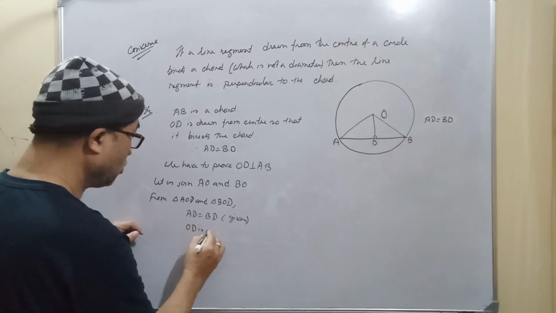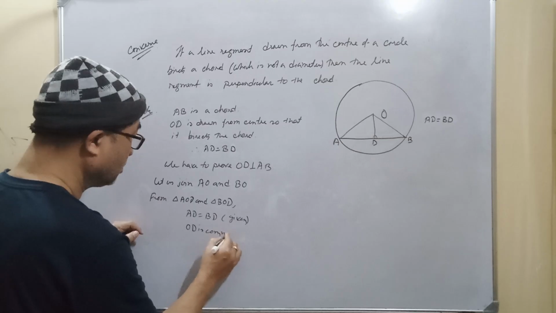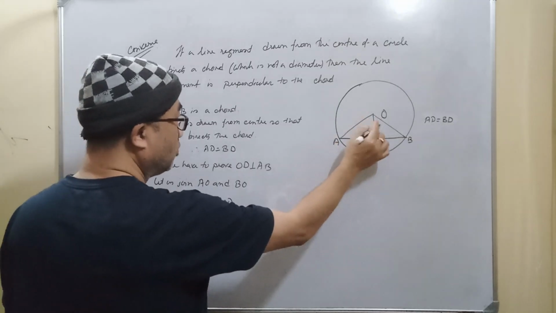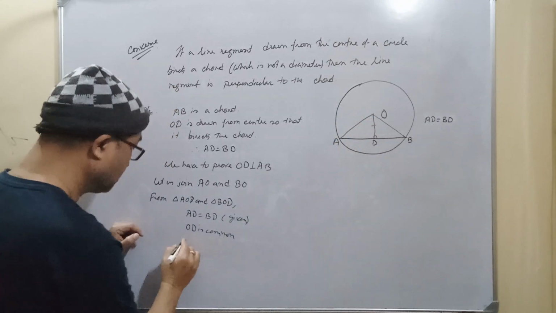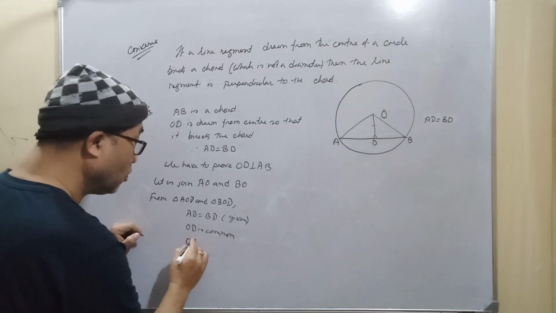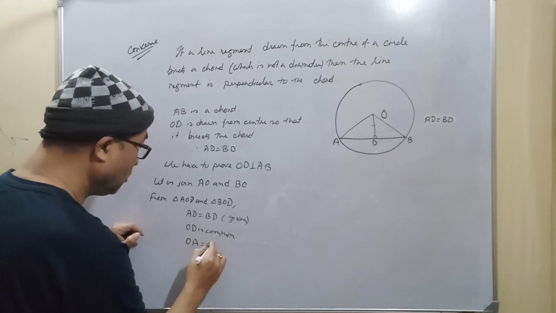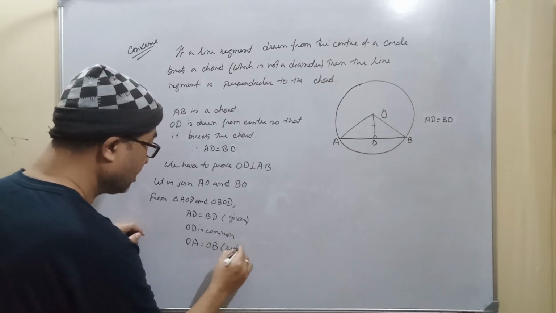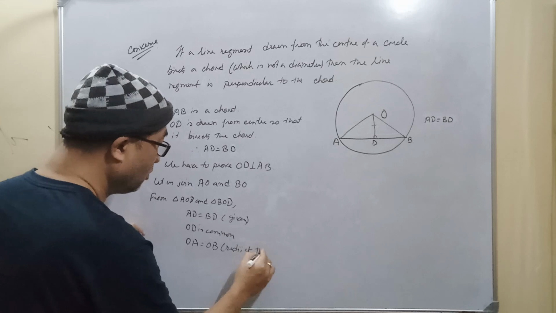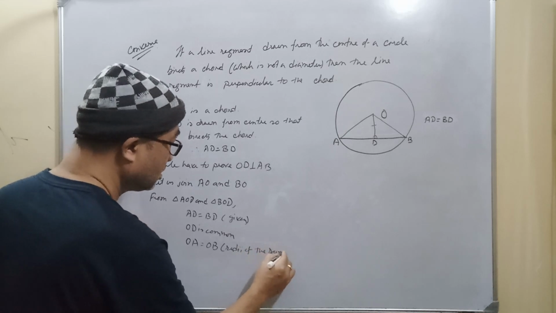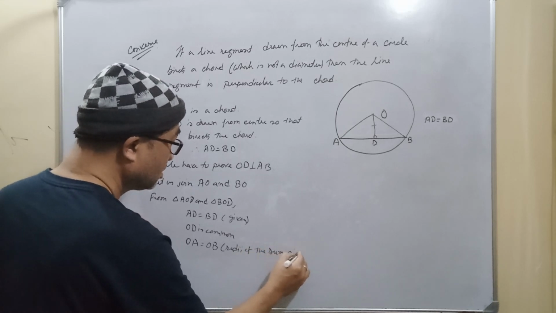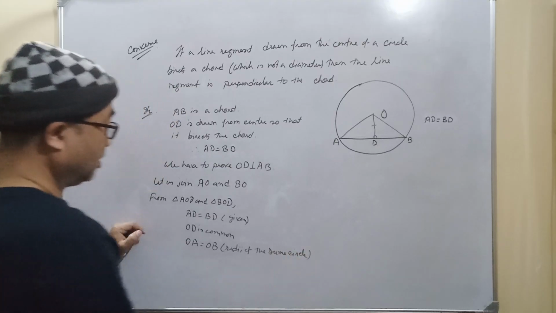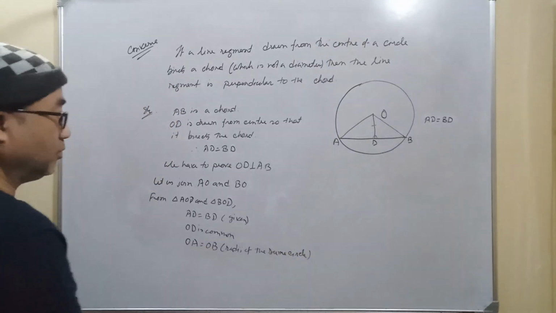OD is common. This side is common. OA is equal to OB. Why? Because they are radii of the same circle, right? OA is equal to OB,